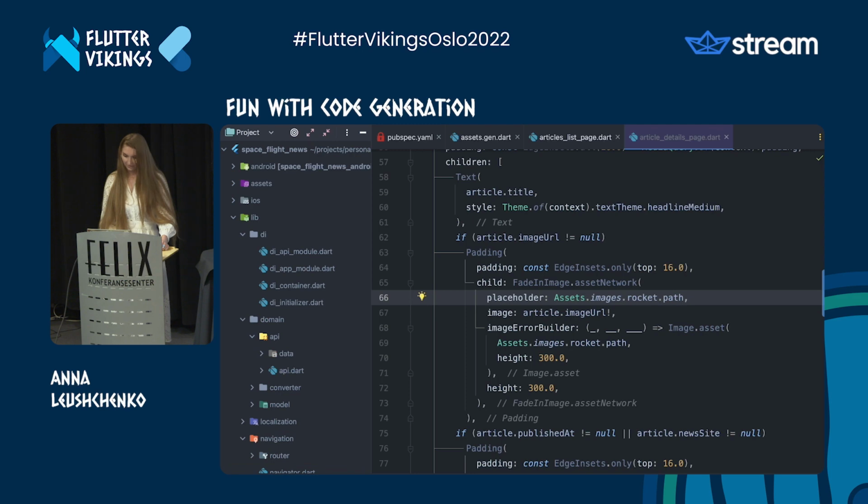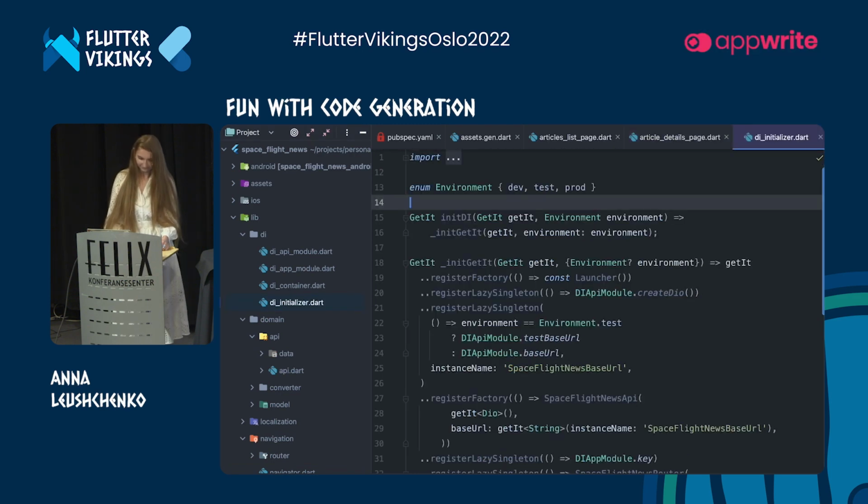Next, I would like to talk about dependency injection. Remember this file here. In order to use getIt, I had to teach it first how to create all the classes in my project manually, calling register factory and register lazy singleton methods.